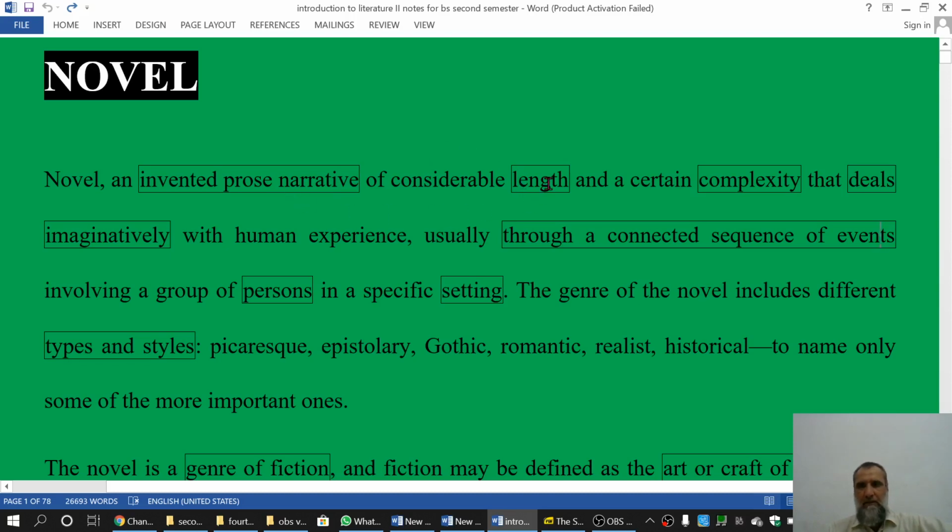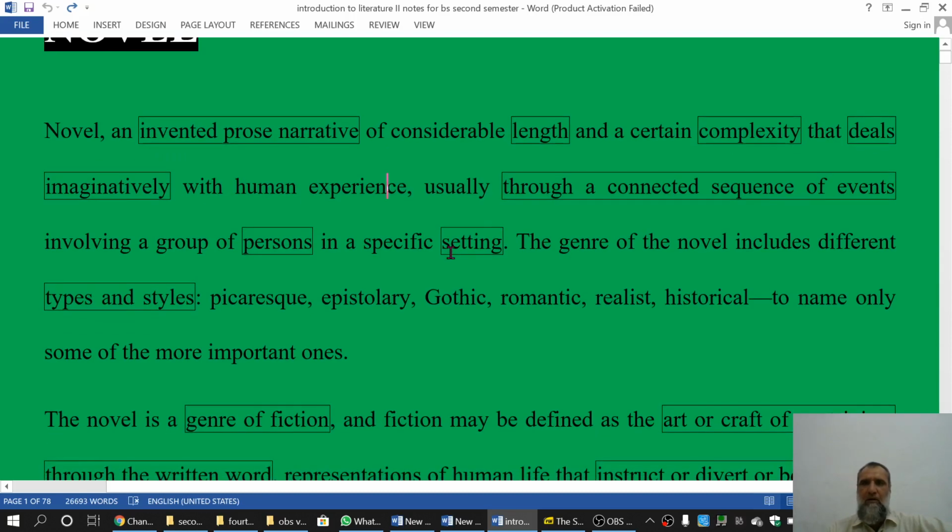اس میں لینتھ ضروری ہے کیونکہ ناول لمبا ہوتا ہے، کمپلیکسٹی ہوتی ہے، کرداروں کی، ہیومن بینگز کی ایکسپیرینس کا ہمیں پتہ چلتا ہے، لیکن یہ جو ایکسپیرینس ہے امیجنیٹیولی پورٹرے کیا جاتا ہے اور اس میں جو ایونٹس ہوتے ہیں، سیکوینس آف ایونٹس ہوتے ہیں، وہ کنیکٹڈ ہونے چاہیے کاز اینڈ ایفیکٹ کے تھرو، اور اس میں لوگ ہوں گے اور اس میں سیٹنگ بھی ہوگا اور اس کی مختلف کائنڈز ہیں اور ان کائنڈز کا ہم نے ذکر کیا۔ تو میں اس کو ریڈ کر دیتا ہوں آپ کے لیے، ٹرانسلیٹ کر دیتا ہوں۔